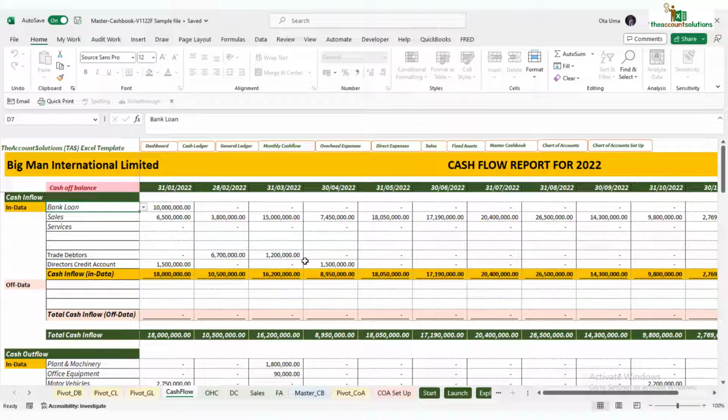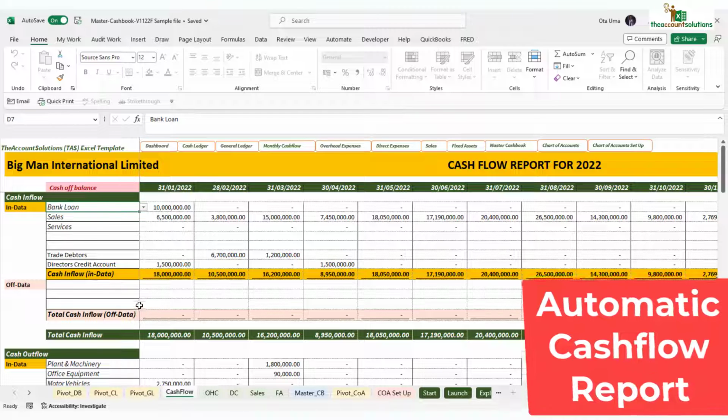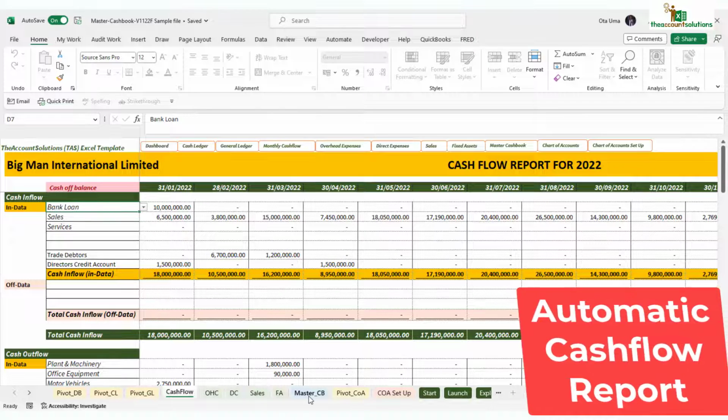Now let me explain how this works. We have the in data and the off data. Now we know some businesses where the accountant or finance officers do not have the whole information regarding all the company's accounts. Yes, it's possible where the MD or directors have some bank accounts they've not disclosed to the accountant, or it's a new accountant who just started working in the company and is yet to get information on all the accounts. What this off data helps you to do is, if for example you posted your cash